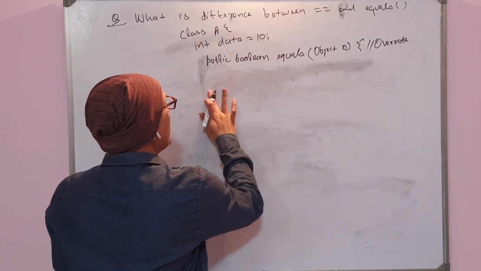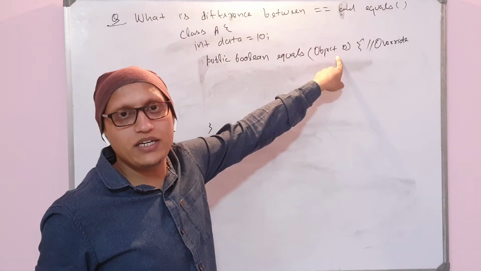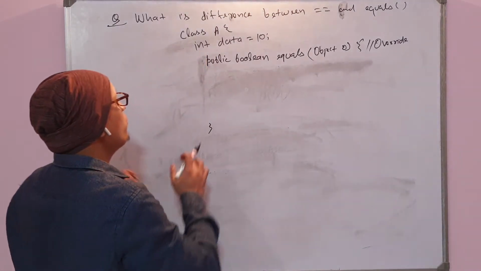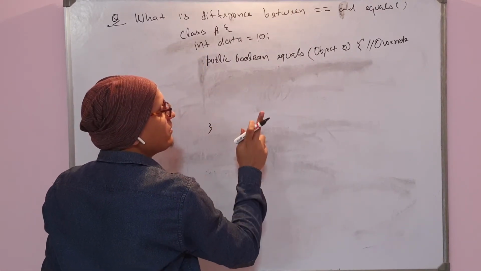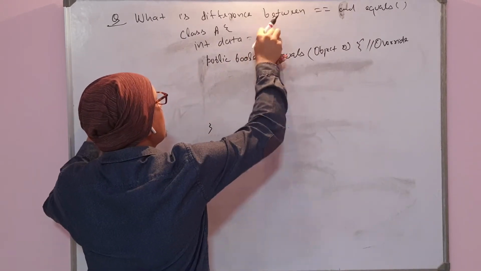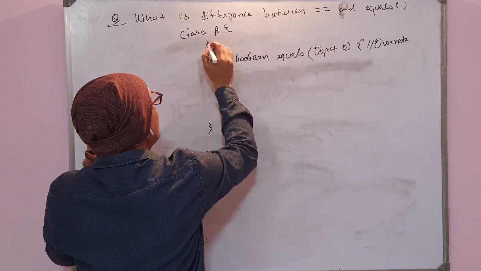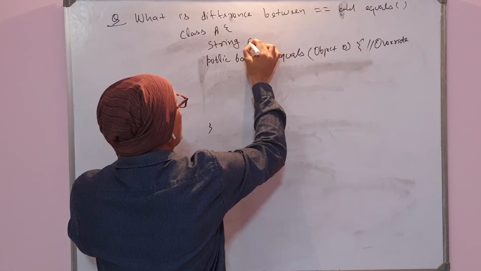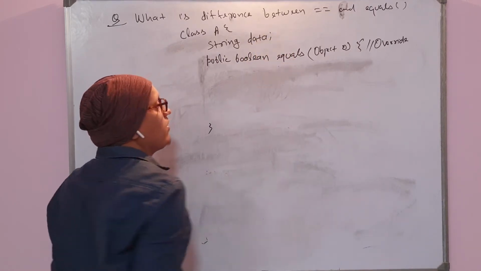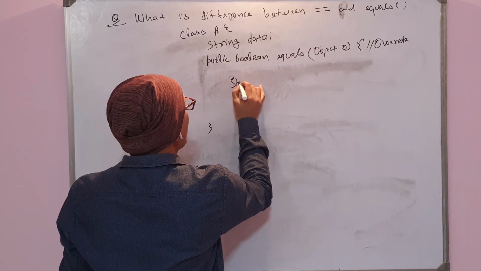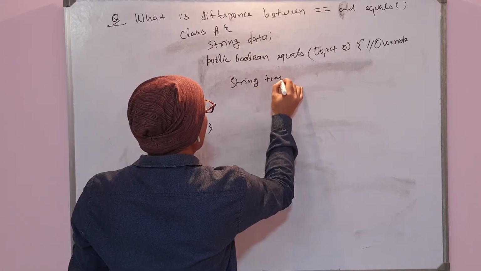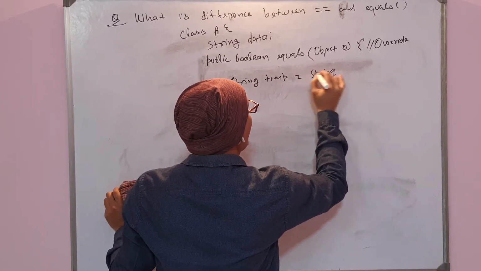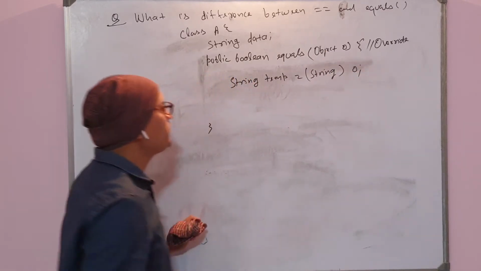Again, this is an Object type, an object has been passed, so definitely you cannot typecast it directly to a primitive data type. What you need to do is typecast it to Integer, or I will take the example of String data again. So you first need to take String temp equal to, we need to typecast it to O.